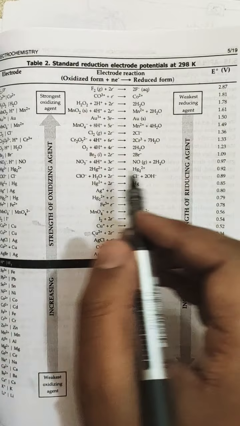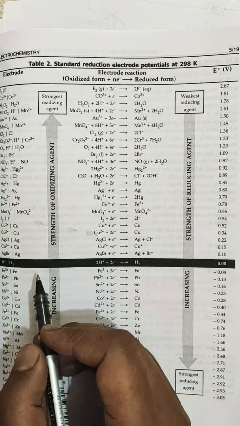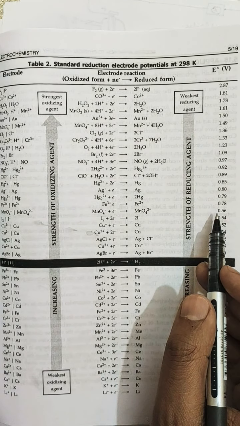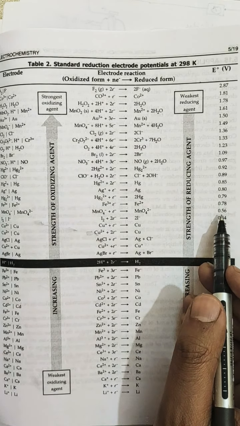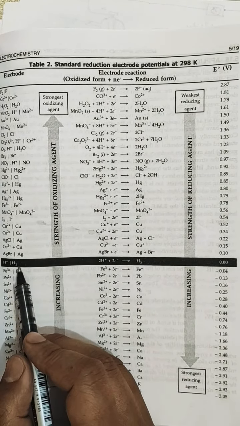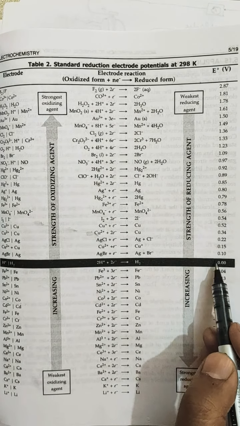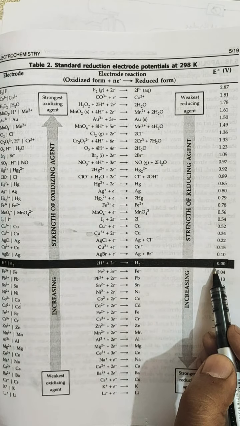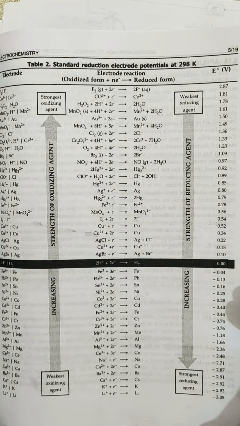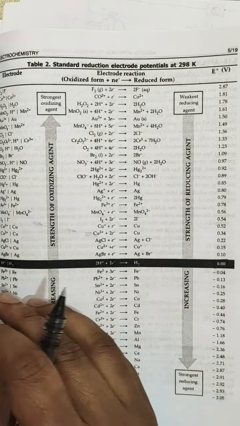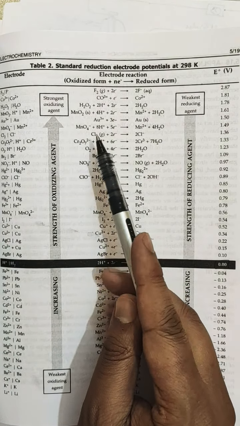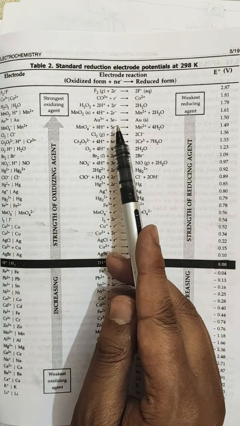So it means that if you reduce these elements above this black strip, they will have a positive reduction potential, so they will be easily reduced as compared to elements present below this black strip. And on this black strip hydrogen is present, so its value of the reduction potential is 0. It means it neither shows any positive or negative response toward the reduction potential, so it gives the 0 value. So these are the elements, and in front of them there are the different reactions, showing how they are reduced.